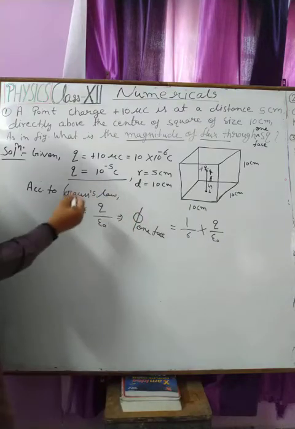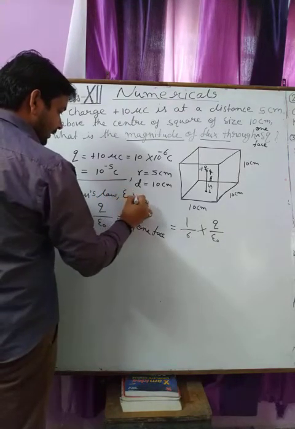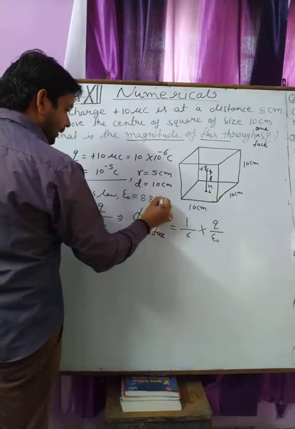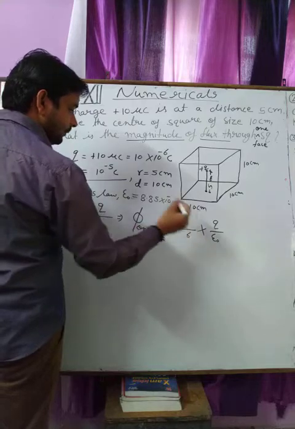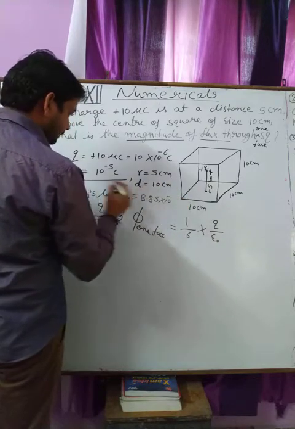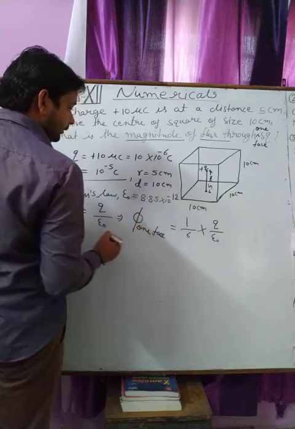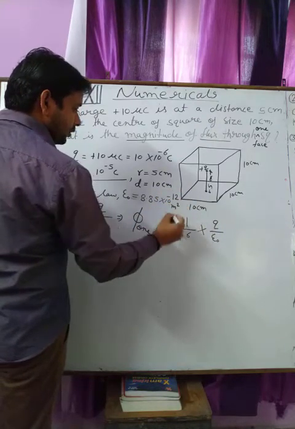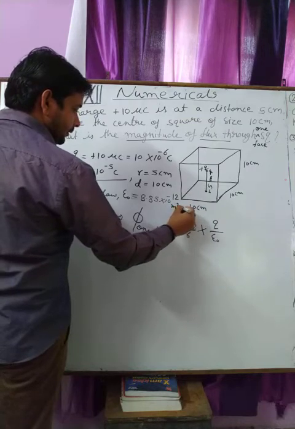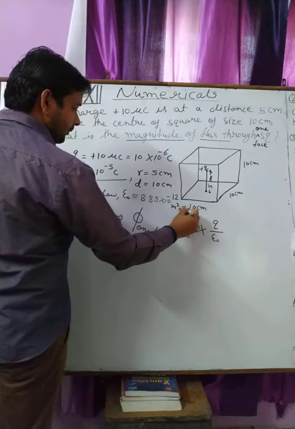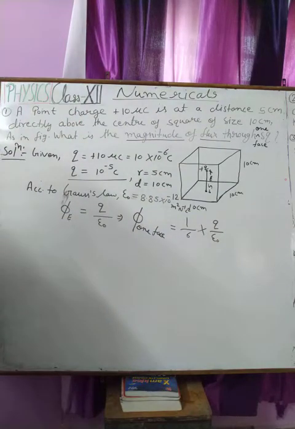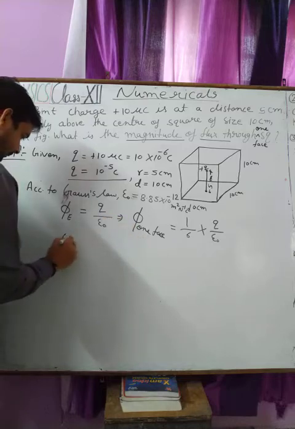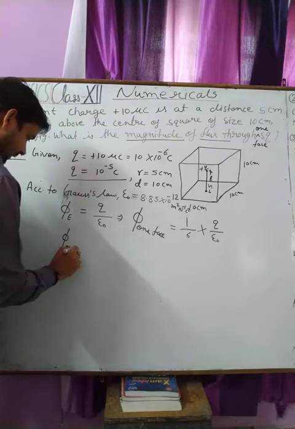Now student, we have the value of epsilon naught, which is 8.85 into 10 to the power minus 12 meter square Newton inverse Coulomb inverse 2. Okay, on putting these values in the formula, we get the flux passing through one face